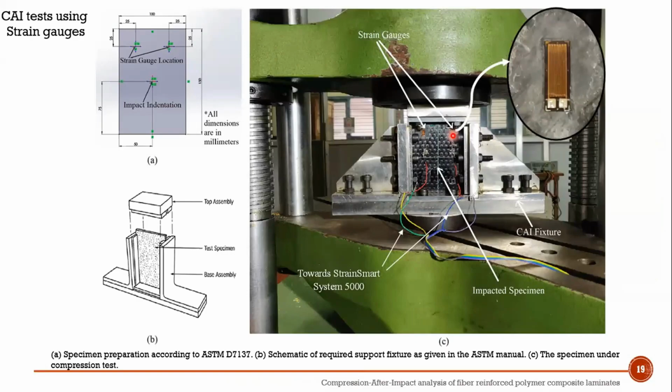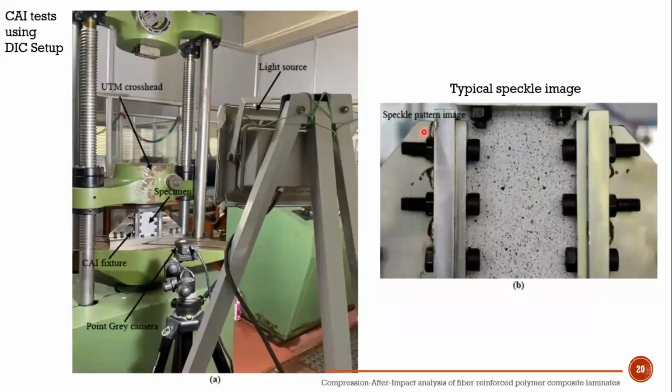The problem with this is we just know the strains at those particular points. If you want to know how the strains are spread over the entire face of the impacted structure, then it's better to go for DIC. In DIC, we capture our entire experiment in n number of frames, and then we use the VIC software, where we load the speckle images, and then